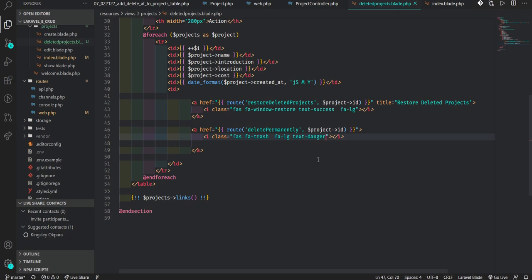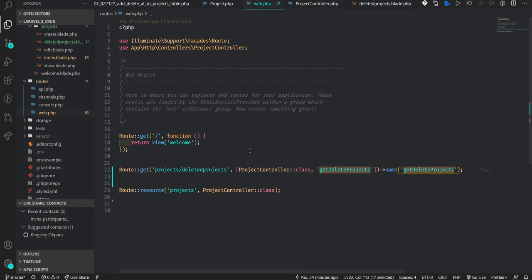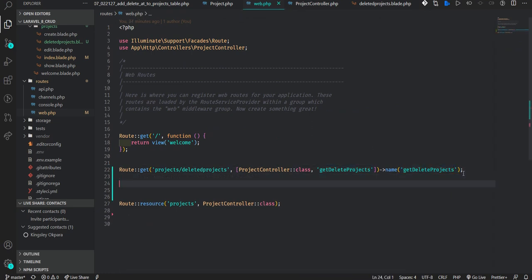Now the next thing we are going to do, now we've created two routes here. We created restore deleted route, and we also assigned delete permanently. Now we'll copy this. Let's go to our web route, add it. Now for those of you watching this video that are using Laravel 7, the difference between Laravel 7 routing and Laravel 8 routing, there's not much difference.